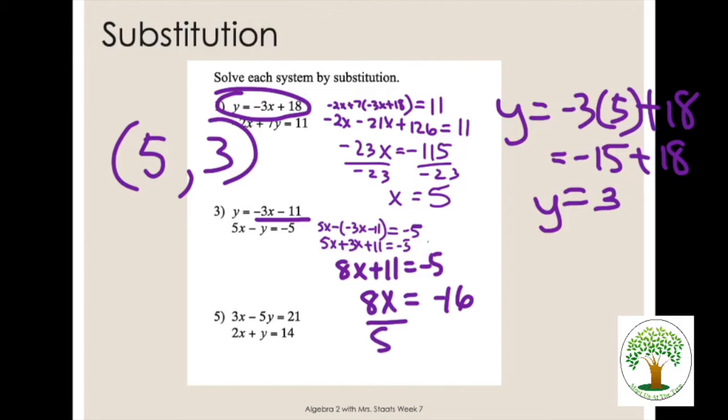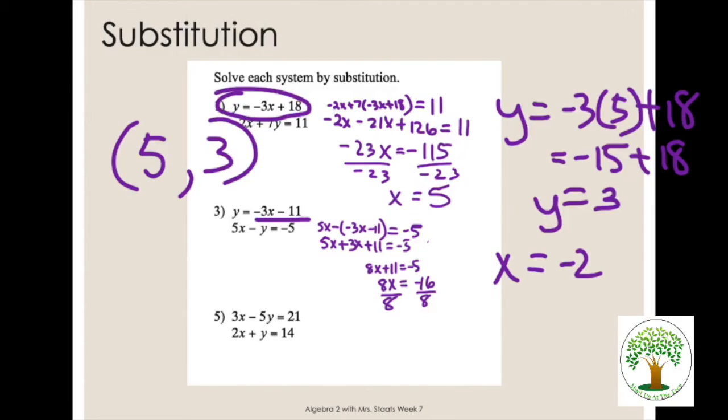Has anyone got the ordered pair yet? Yeah, I got -2, -5. I agree. Sorry about my fast handwriting. So then I'm not finished with that -2. You guys already put it in, and it's easier to put it in the one that's solved up here. So we're going to have that